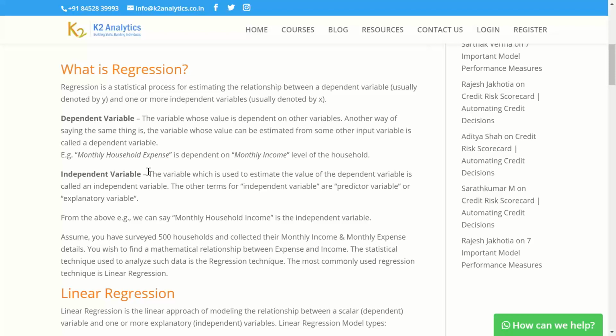In the above example of monthly income and expense of a household, if I know the income level of a family, say there are 4 families, one having 10,000 as monthly income, another 25,000, third 50,000, and fourth 100,000, and I ask you to give me an estimate of their expenses, what is their likely monthly expense? For 10,000, you will give a number which is 10,000 or less.